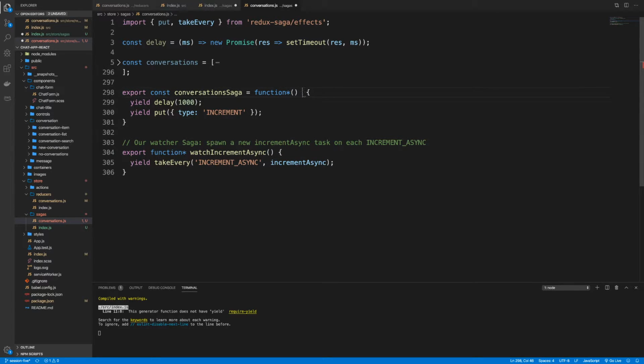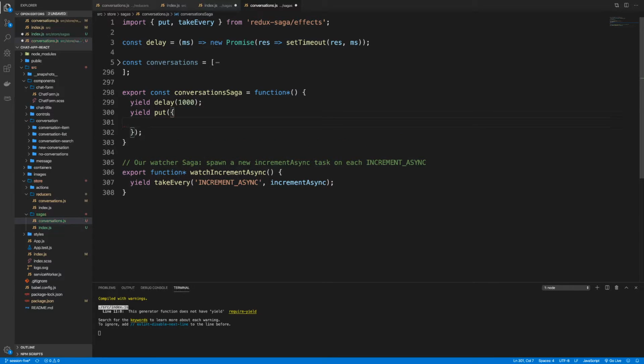And that's right, I can't use arrow functions with it. So that's the other thing about generator functions too, that you can't use arrow functions. You have to use the function keyword like that with the star. So we've got that, and then what I want to do is, after a 1 second delay, yield a new action. So we'll go put, remove all that, and we'll go type equals,